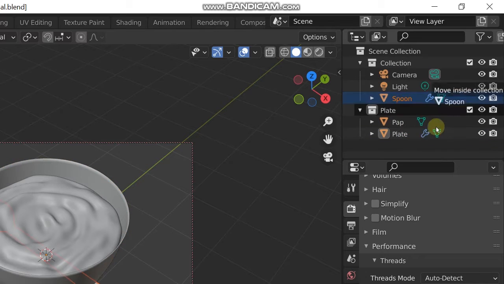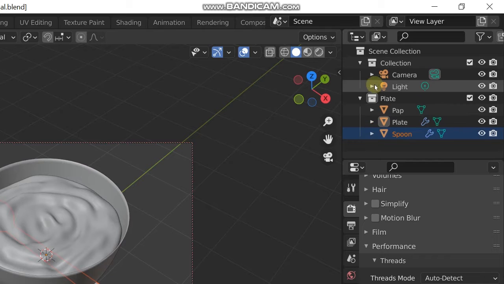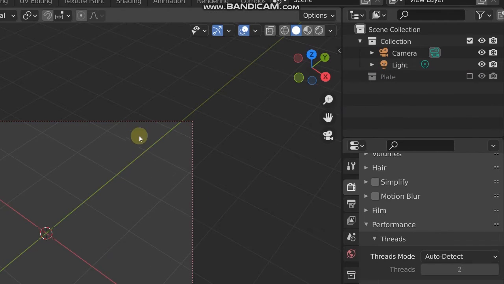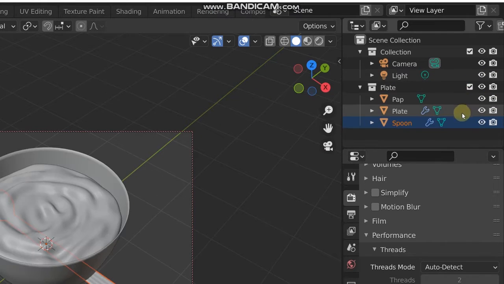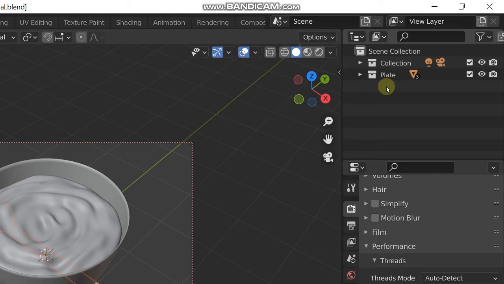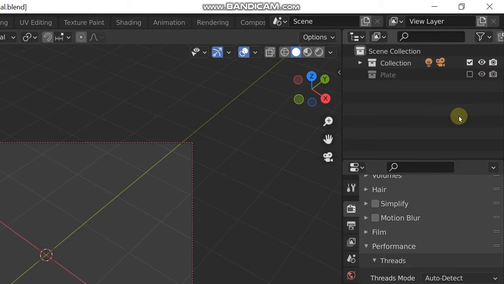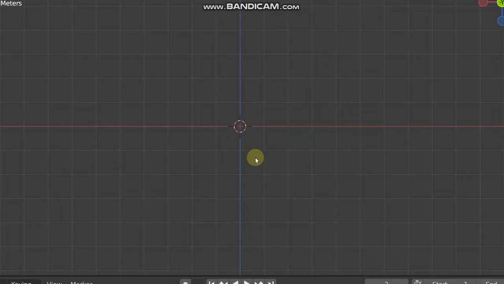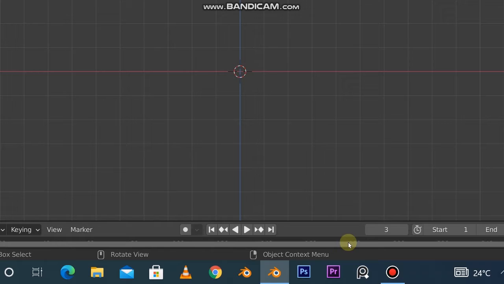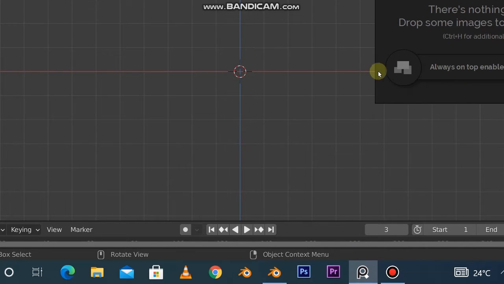I'll put the pap because the pap is inside the plate and the spoon also is inside the plate. So we have a separate collection. If I click on this check mark, we can hide everything in our 3D viewport and we can unhide it that way. So this first collection collapses by clicking this tool, so we don't have anything going on in our 3D viewport. I'll launch PRF